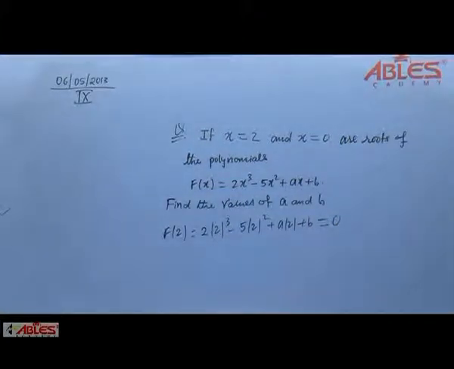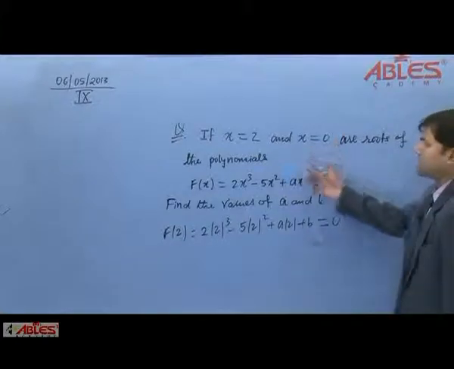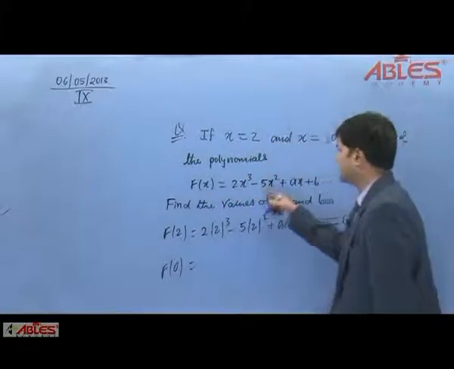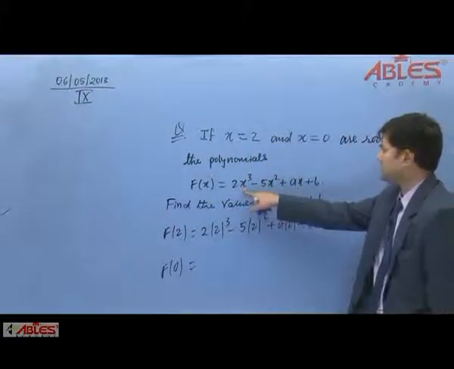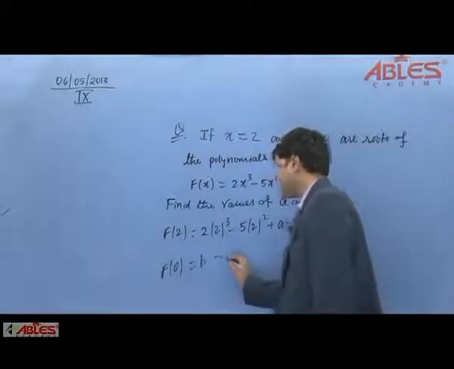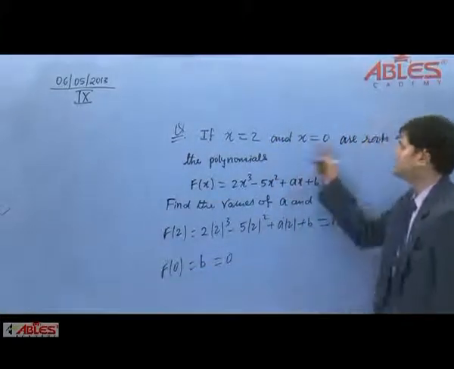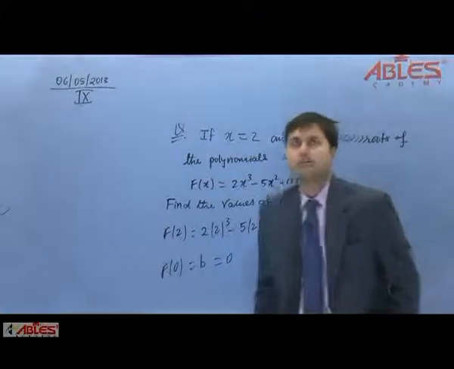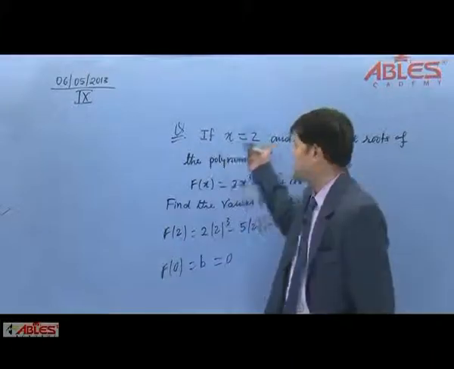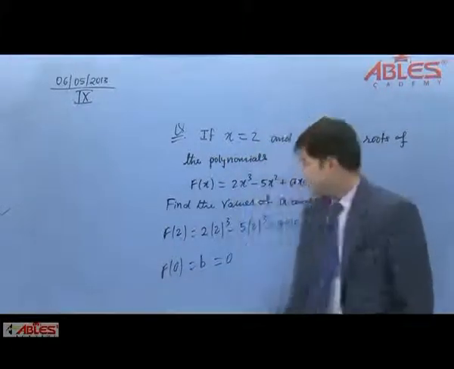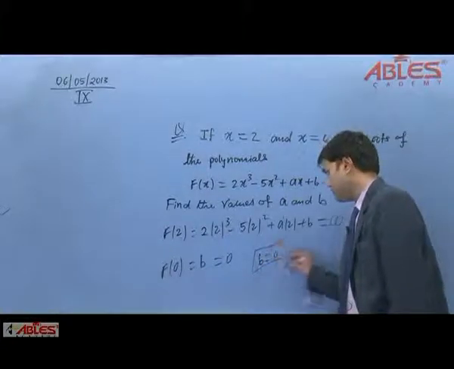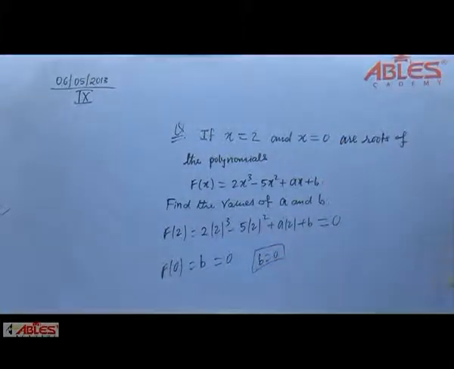Fine students. Similarly you have to put x equals to 0, so if you put x equals to 0 here, these terms will collapse, 0 0 0, you will get b only, and the output should be 0. Why? Because it is given that x equals to 0 is a root of the equation, and we know the definition of a root, that is by putting x equal to the given element in this problem, the output should be 0. So in this way we are getting b equals to 0 here. So we are getting one answer, that is b equals to 0.